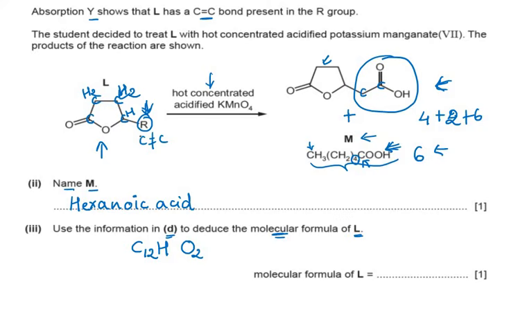Now what about R? As we had deduced here, R has the remaining 8 carbon atoms. So as R has 8 carbon atoms, let me draw the R part here. Here is the ring which I'm not drawing, with 8 carbon atoms: 1, 2, 3, 4, 5, 6, 7 and 8. As we know, it has a double bond after the 2 carbon atoms, so I'm drawing a double bond after the 2 carbon atoms.